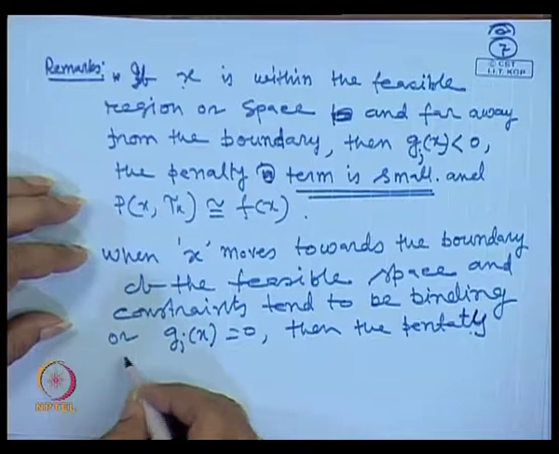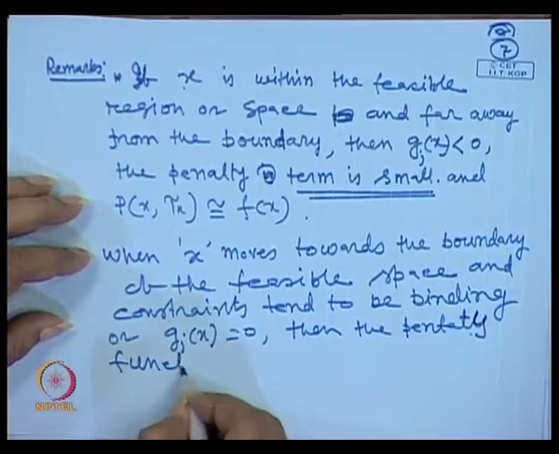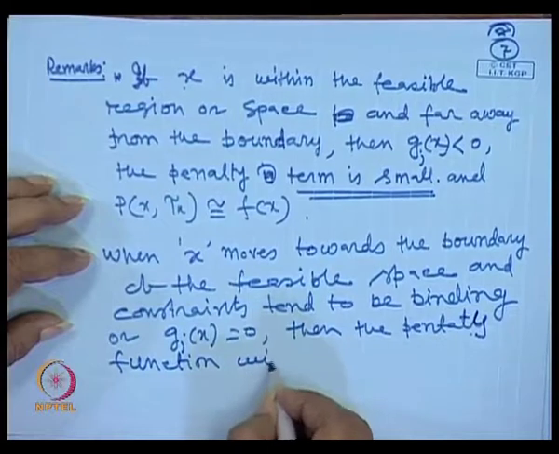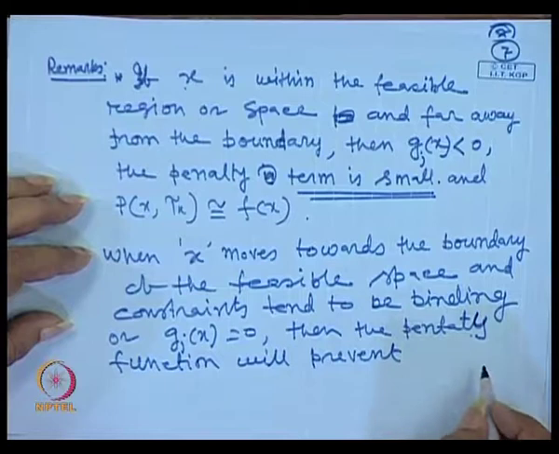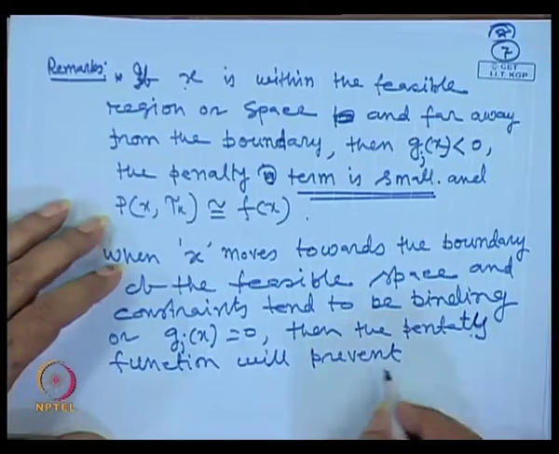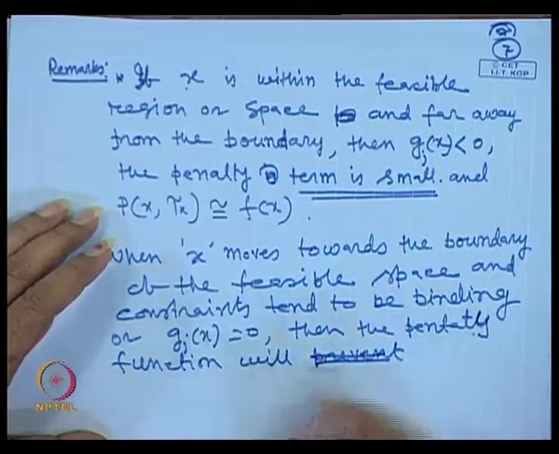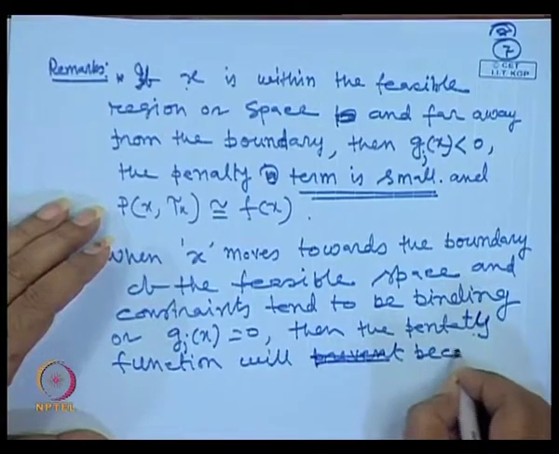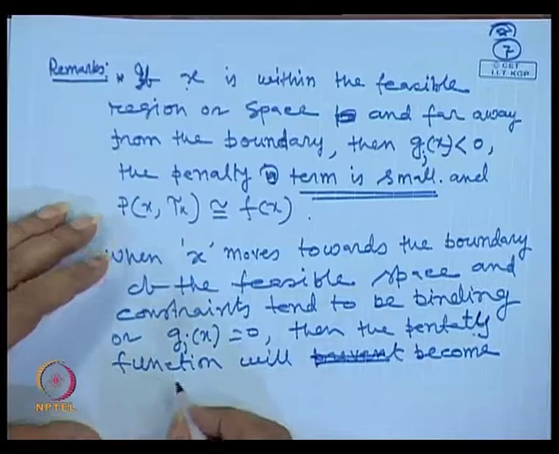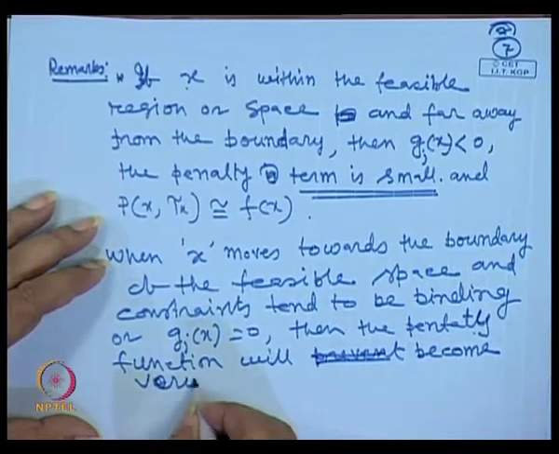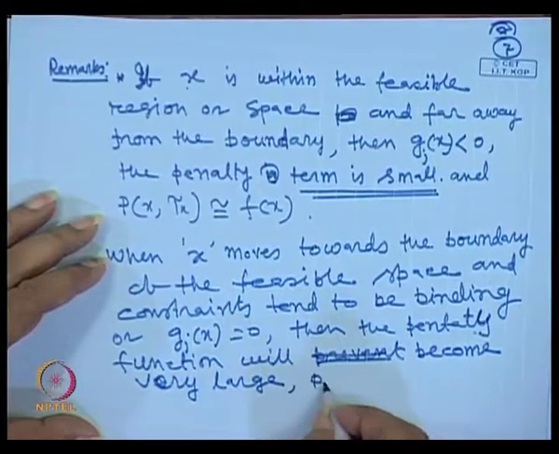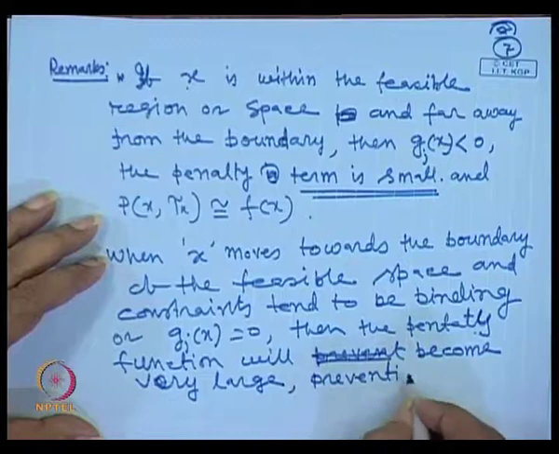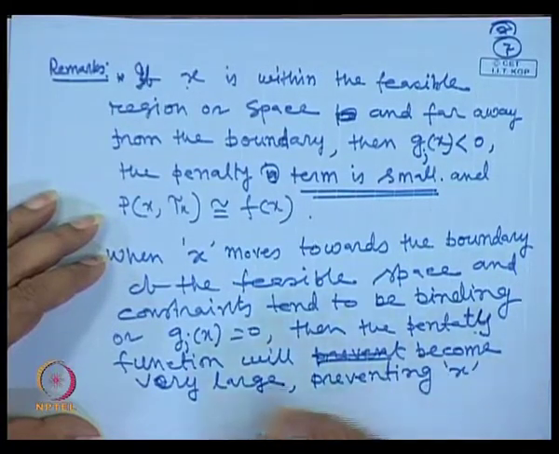Next, step 3 is to check if the solution has reached the optimum. Check if the solution x superscript k is the optimum solution of the original problem. How will you check it? I told you one way of checking it: you find the value of the function at the kth iteration, then